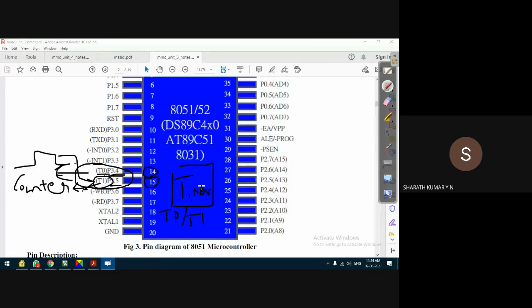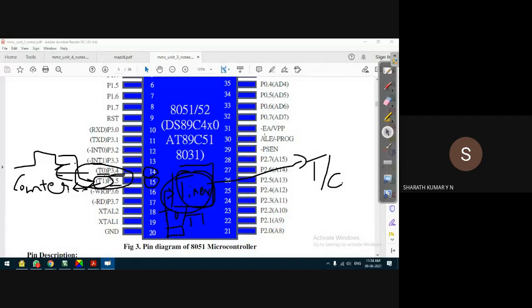If the timer hardware is used as a timer, as we have discussed just now, it will take the internal clock pulse. Now the question is, how to tell the microcontroller that I want to use this hardware as a timer or a counter?